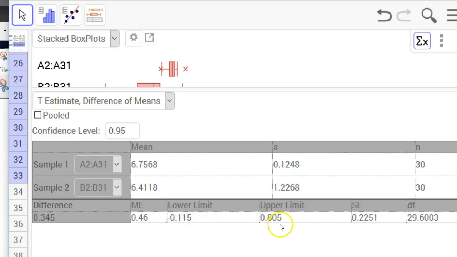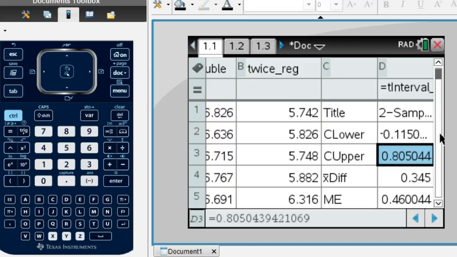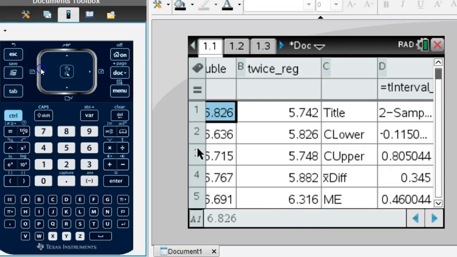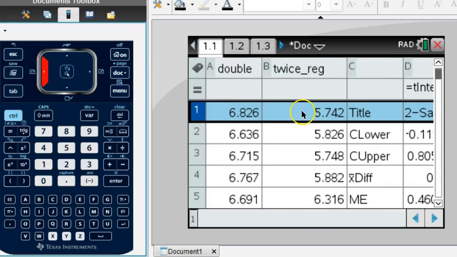Your upper limit is 0.805. Your standard error is 0.225, and your degrees of freedom are 29.6. So that gives you all the stats we need to complete the test. Now that's not the only way you can do this. You can do it by hand, but also if you have a TI-Nspire, here's the other one,